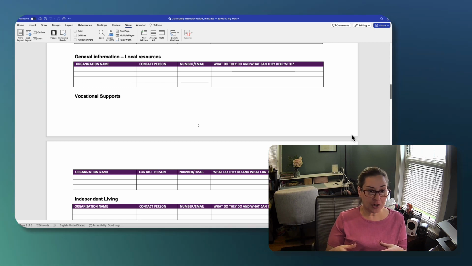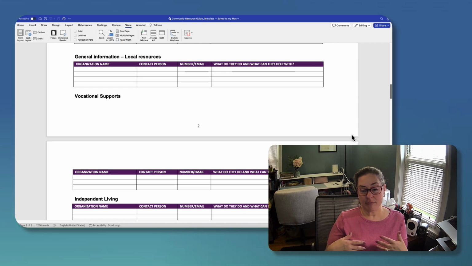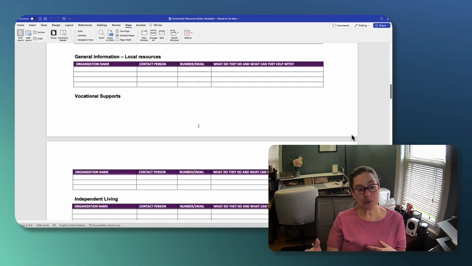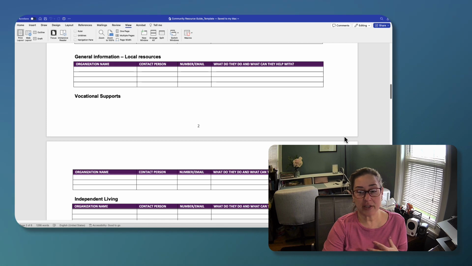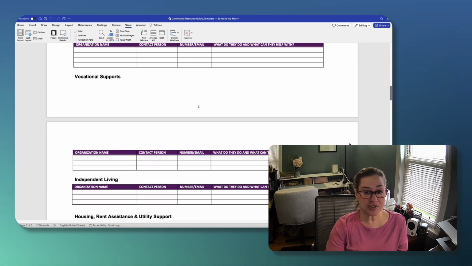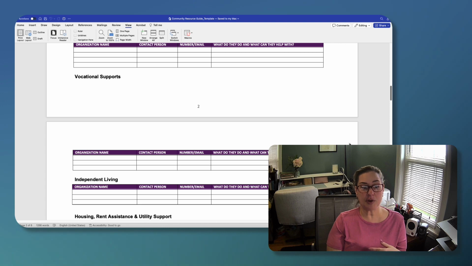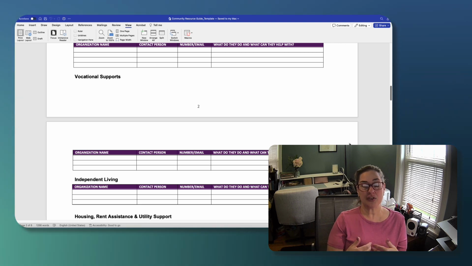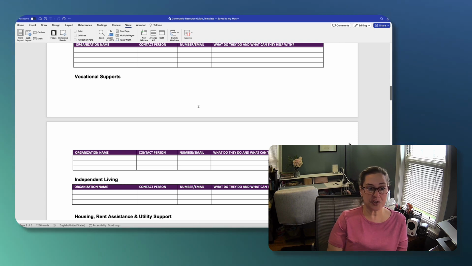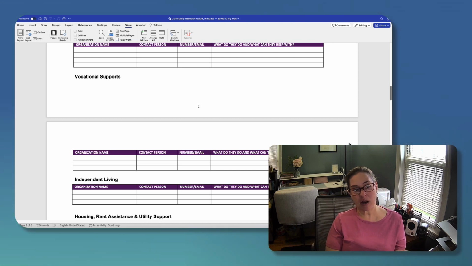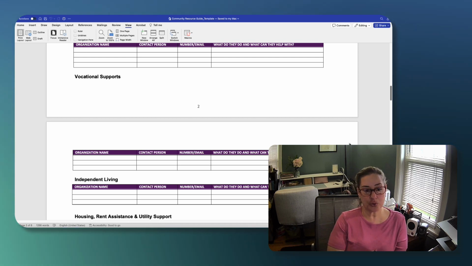You can be a great partner with them to even make that referral, but then also continue to work with the VR counselor on both sides to really provide good wraparound services and supports for your client. It's a really great service. I loved working for the agency, and there's a lot of stuff that they can do. The fact that they can actually pay for a lot of the stuff is also very helpful, because as you know, the hardest part with all of this is not even finding supports, but finding the financial support, and they pay for the things that they recommend, so it can be a really, really powerful tool.